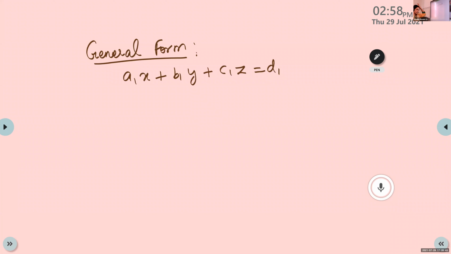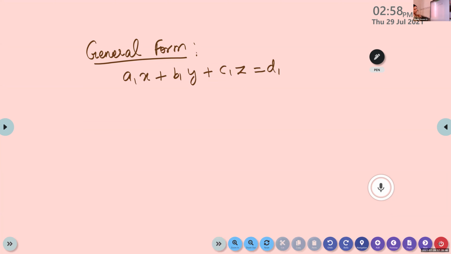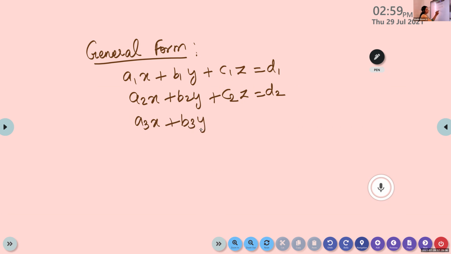Here we consider three variables, but it can be extended to n variables. a1x plus b1y plus c1z is equal to d1. a2x plus b2y plus c2z is equal to d2. a3x plus b3y plus c3z is equal to d3, where all these a1, b1, c1, a2, b2, c2, a3, b3,